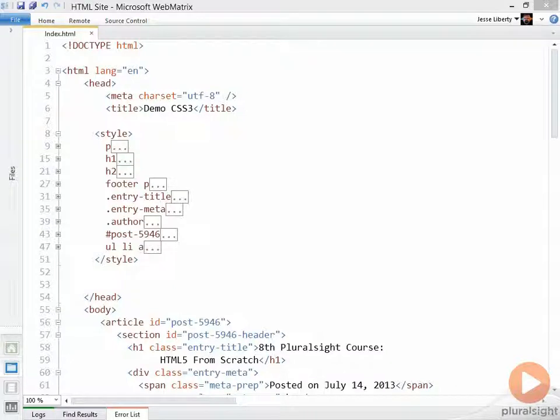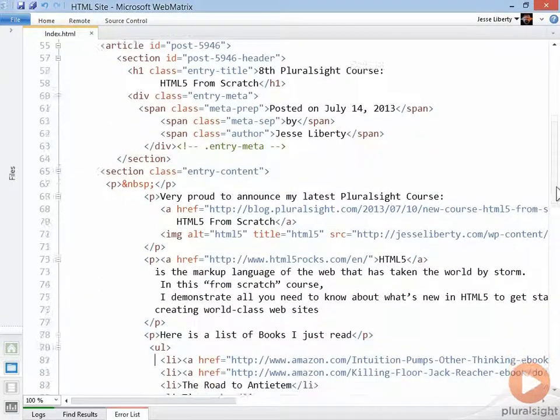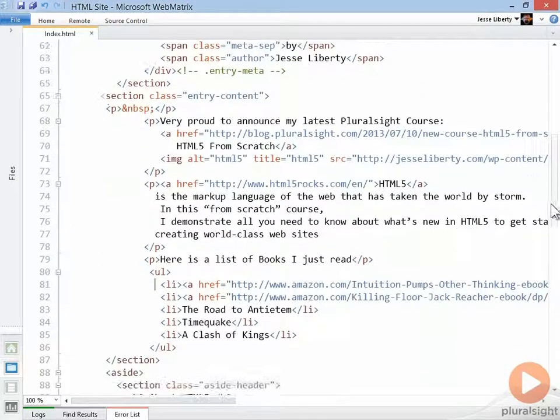The first pseudo class we'd like to work with is first child. If we scroll down to the section marked entry content, we see that it consists of a number of paragraphs. Let's set the first paragraph to have its text in blue. The way to do that, or at least one way to do that, is to use the first child pseudo